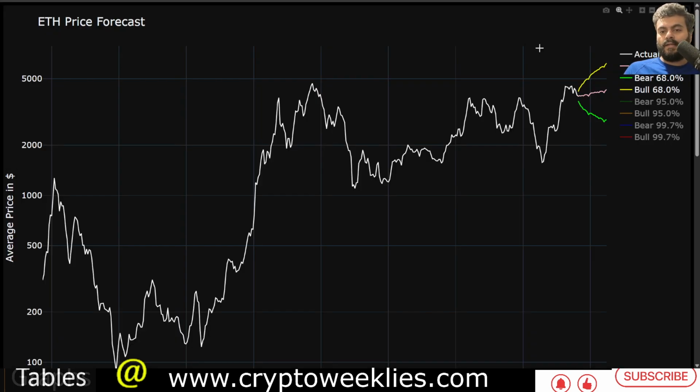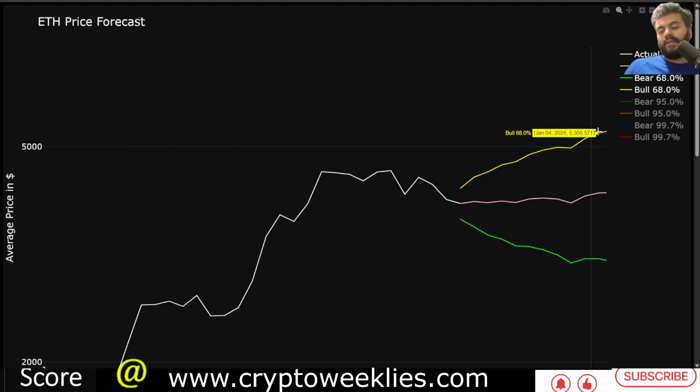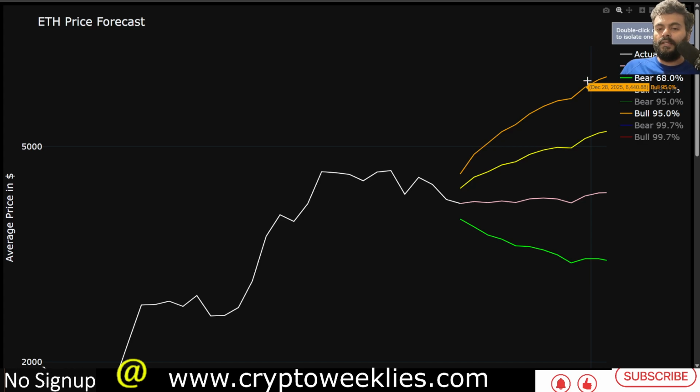So adding that 10% tolerance over here would add about $530 to this price forecast. That gets the price to that non-euphoria bull run target for ETH, as mentioned by the banner, at around $5,800 or $5,900. The euphoria target for ETH for this machine learning model is at around